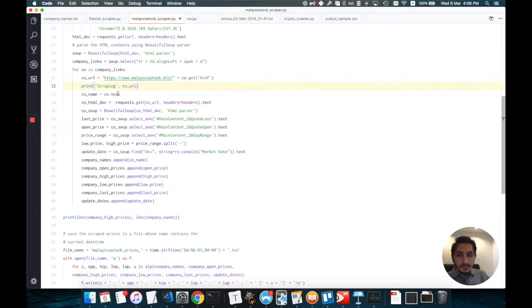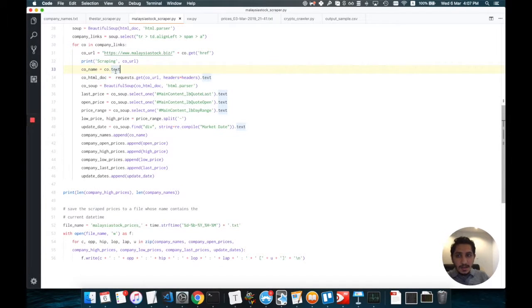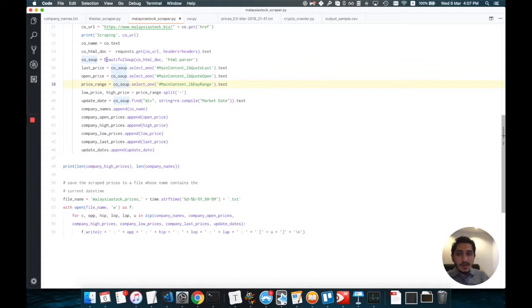Then we print a message to the user saying that we are scraping this URL now. Then we get the company name from the link element, and we download now the page of the company using requests.get. Then we parse the code of this page using Beautiful Soup, and now for this company we get the last price, open price,